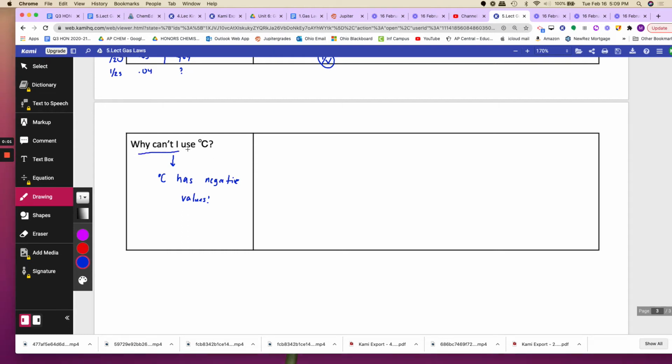So why can't I use degrees Celsius when using the gas laws? The reason is degrees Celsius has negative values. So let me show you what I mean. Let's pretend I have a balloon and it's in a 10 degrees Celsius room